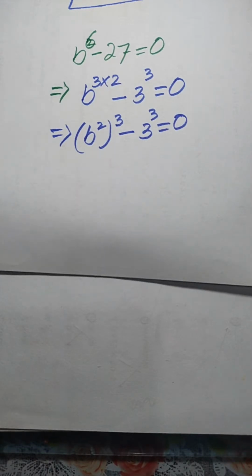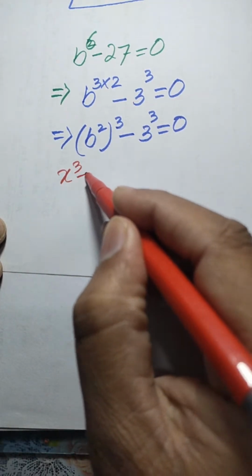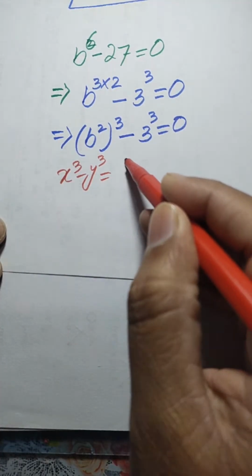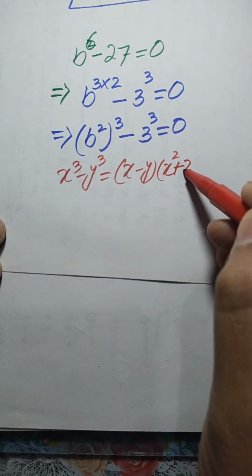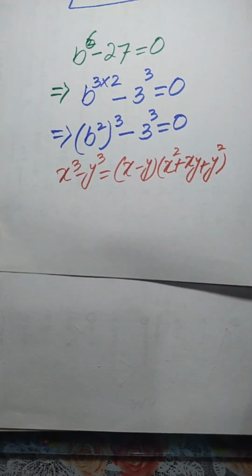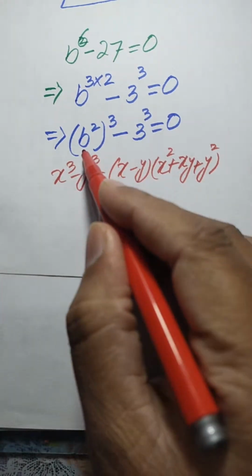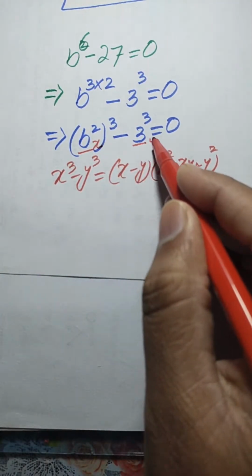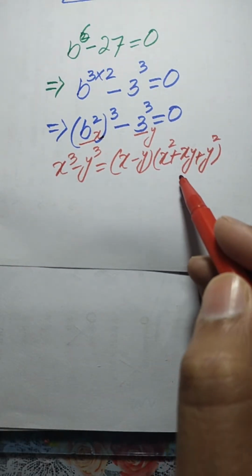Further, in the next step, we use the cubic formula, you know about that. If we have x cubed minus y cubed, it is equal to x minus y times x squared plus xy plus y squared. This is our cubic formula, and we need to use it on the above equation. You see that the base of this term is our x and the base of this term is our y. After putting these two values of x and y into the right hand side of this equation,